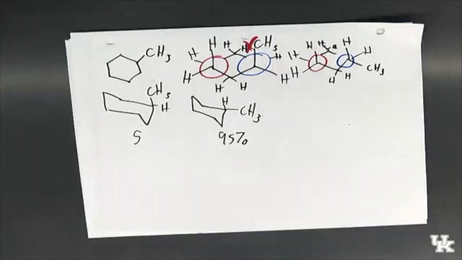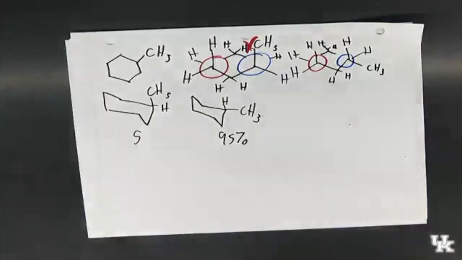Okay, so Chapter 4 has been all about isomers, right? We've talked about different types of isomers. We've talked about how to name alkanes. The last thing we'll talk about are what's called cis-trans isomers. And a cis-trans isomer,